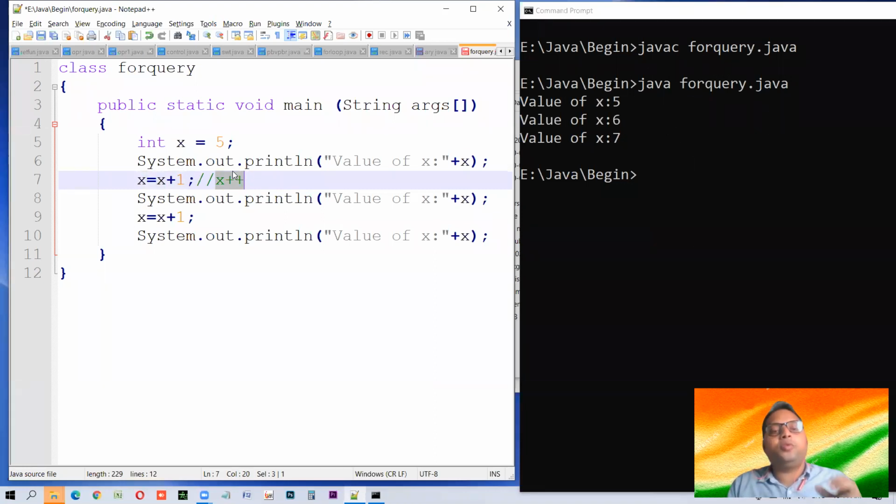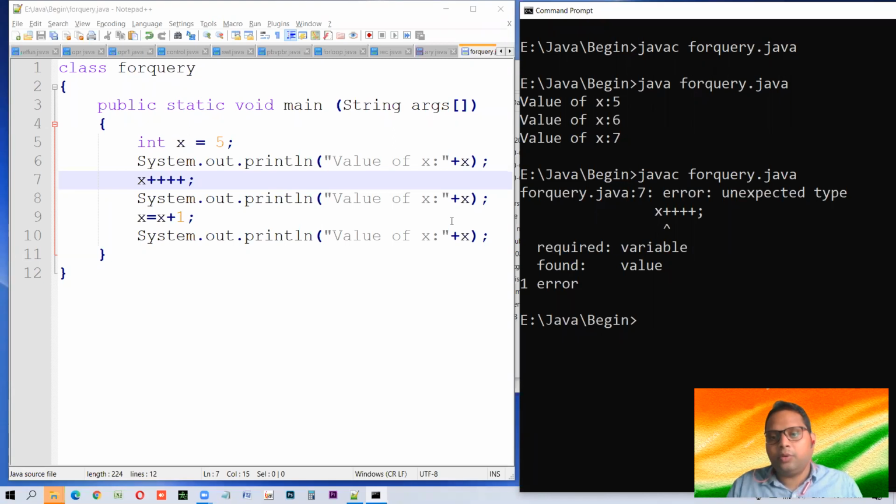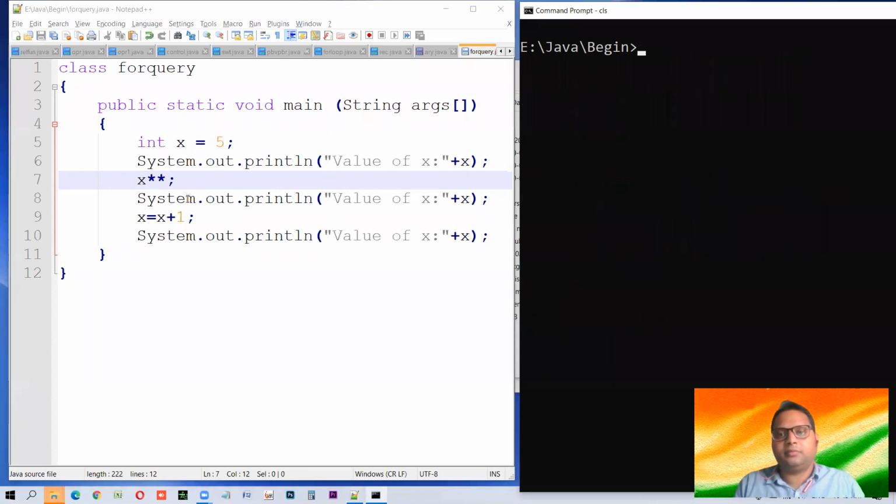Now with this, a few of you get confused: if it can be done like this, then if you want to add 2 or 3, can we write it like this? Can it add 3 or 4 to the variable? Let us see what happens. It's an error. Okay, it is not allowed. It is allowed only up to this much. You can add only 1 to it and not more than that. Further, this is again one of the queries: can we write this? Let us see what happens.